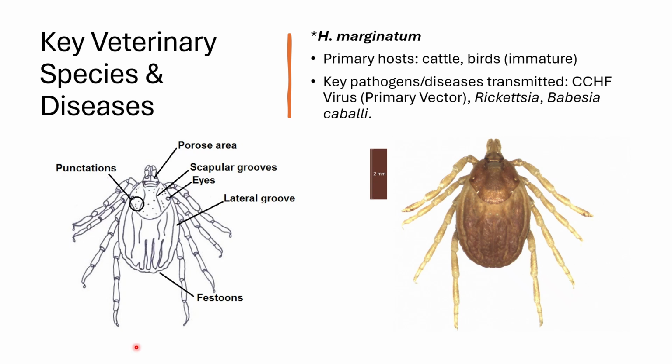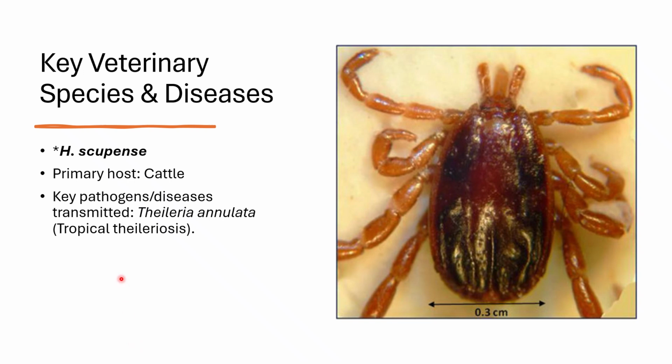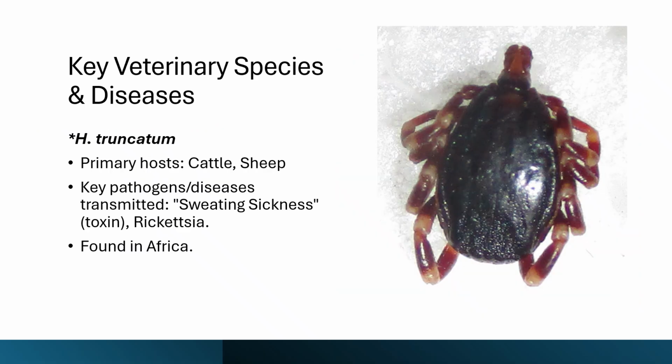For Hyalomma marginatum, its primary hosts include cattle, and for the immature stages, we have the birds. Key pathogens transmitted include the Crimean-Congo hemorrhagic fever virus, of which it is a primary vector, Rickettsia, and Babesia caballi. For Hyalomma scupense, its primary hosts include cattle, and the key pathogen transmitted is Theileria annulata, the causative agent of tropical theileriosis. For Hyalomma truncatum, its primary hosts include cattle and sheep, and it transmits sweating